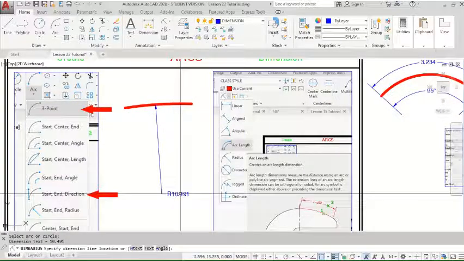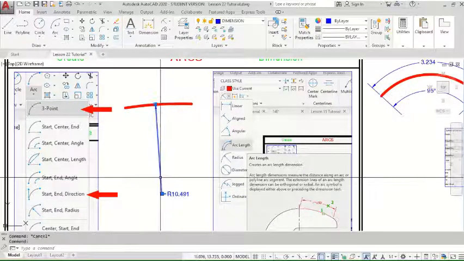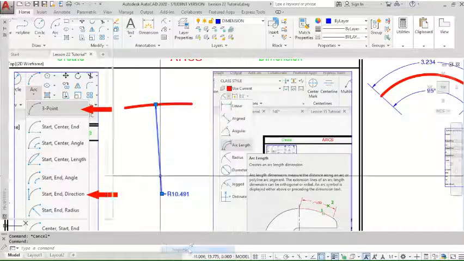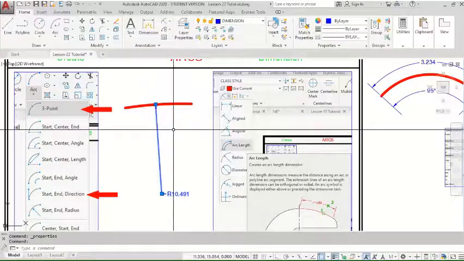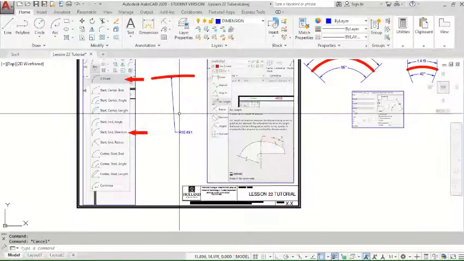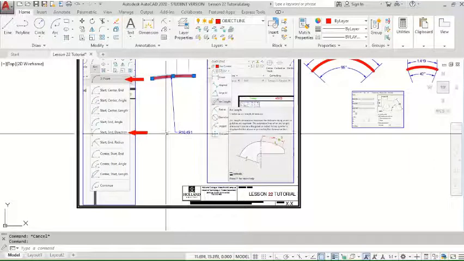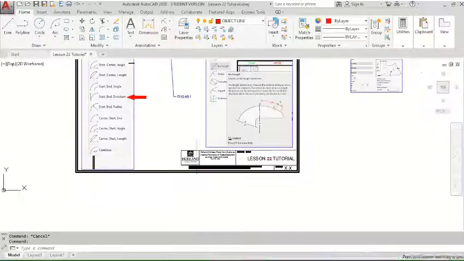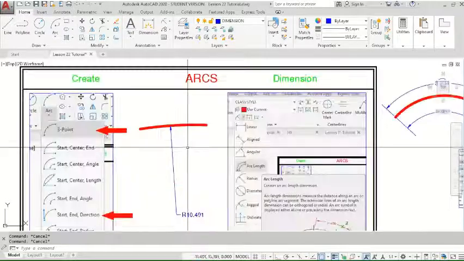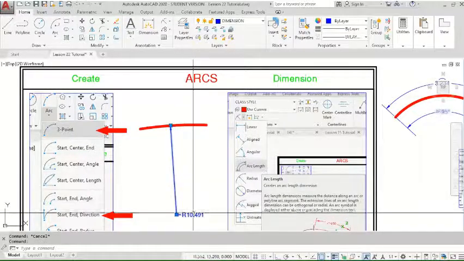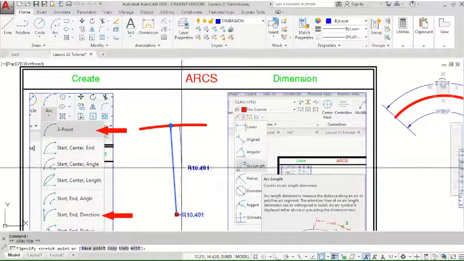If you wanted it to dimension to the actual center mark for some reason, if you had that turned on, because it's way down here, our center mark is way out here. So what you would really do is you would put your dimension,